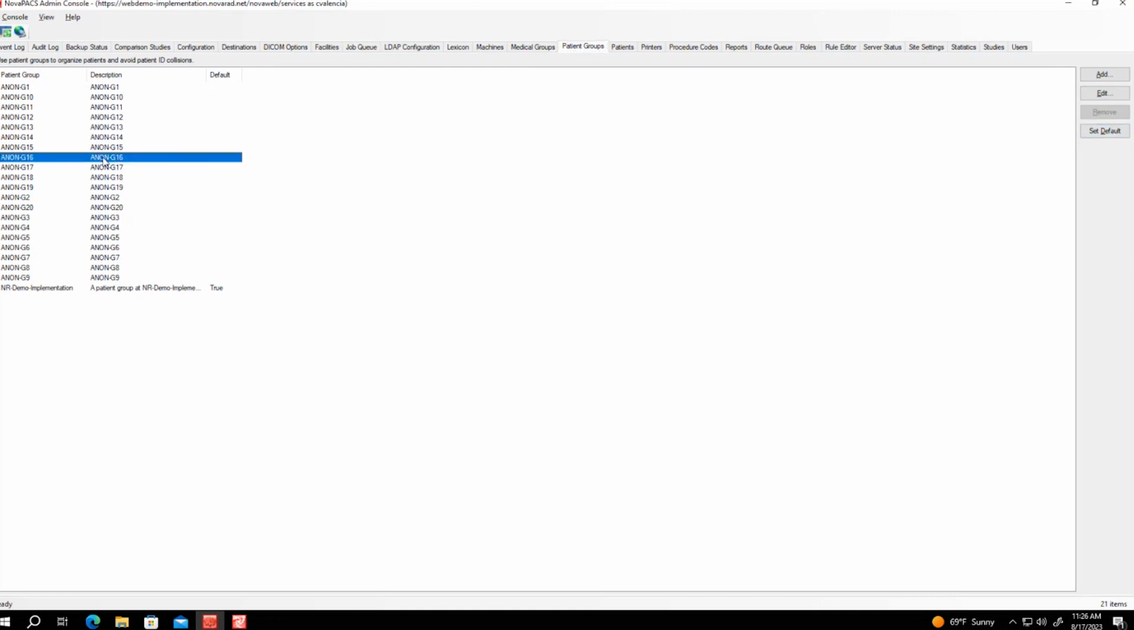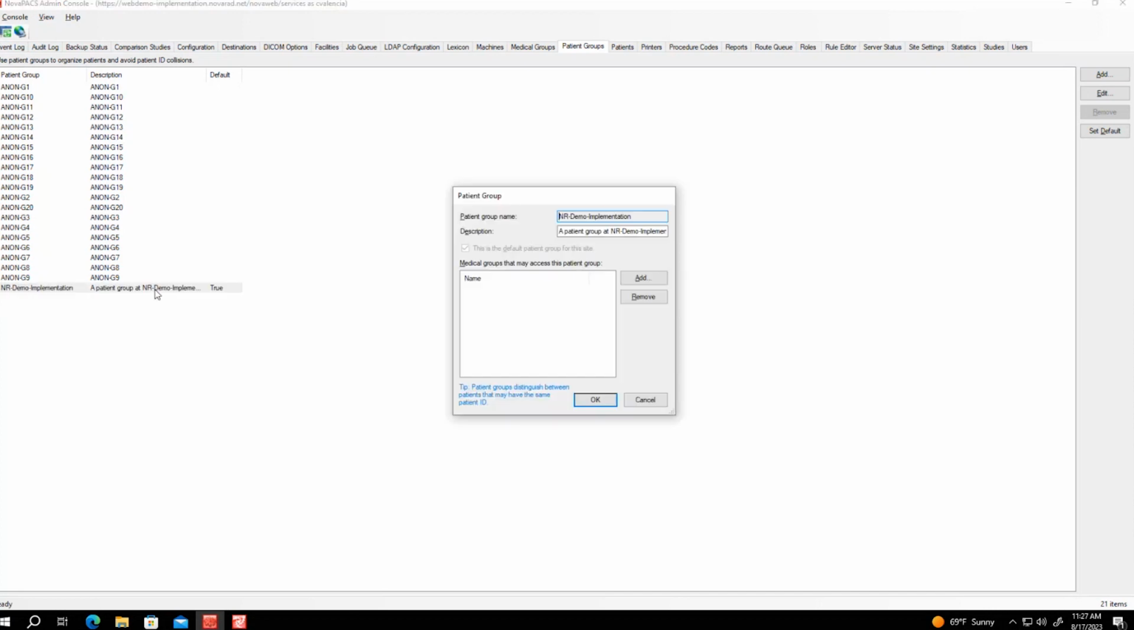You also have the remove option that you can only do for certain patient groups that don't have anything in them. But you'll notice that on this list right here, you have the default column that'll show you which patient group is listed as your default patient group. And if you double click on any of those patient groups, you get the option to edit the patient group